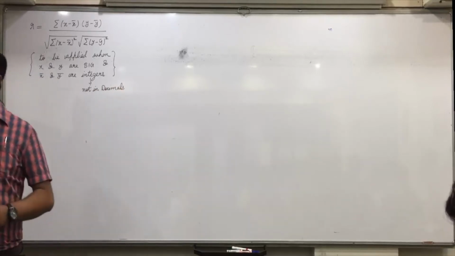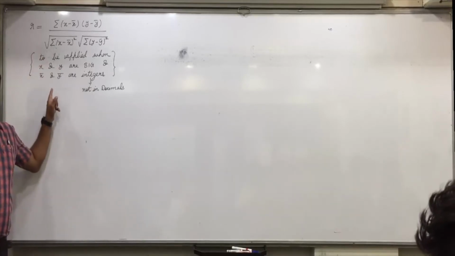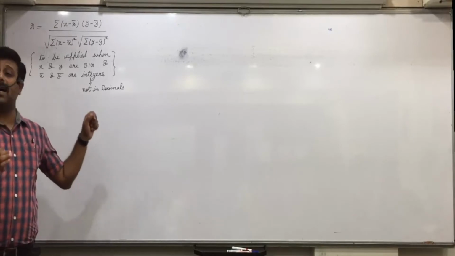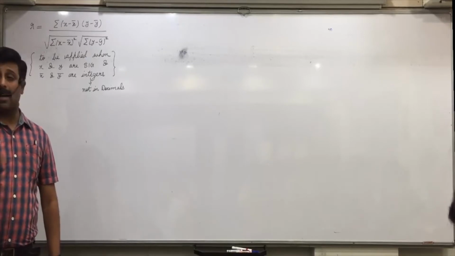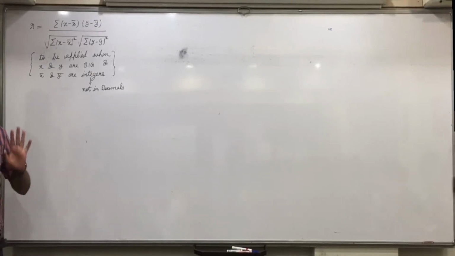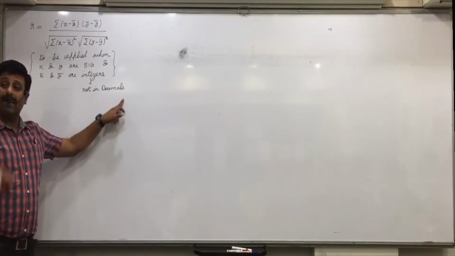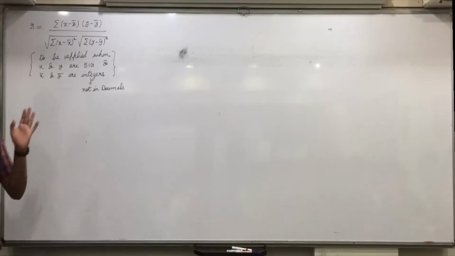If our x bar and y bar are not in decimals, then only we will use this formula. If you remember, yesterday I told you, even though the values are small, you always find x bar and y bar. That we will be finding in all the questions in chapter 2 as well as in chapter 3. x bar and y bar is the first thing you'll do in all the questions. Then we decide: if x bar and y bar are integers, we use this formula. Otherwise, we cannot use this formula. Why? You'll understand once we solve a question. Is everyone clear with this?